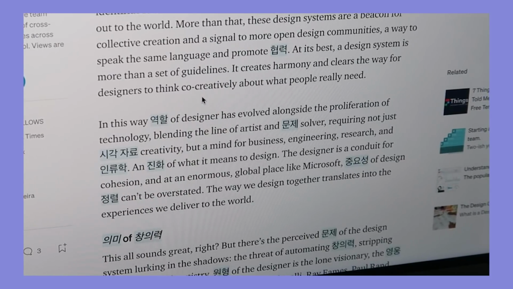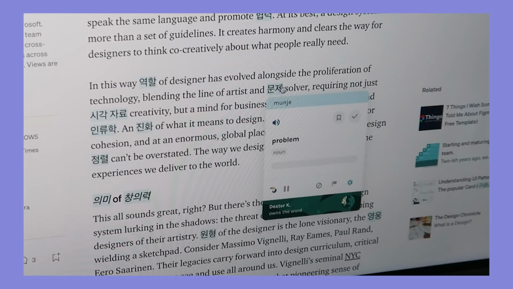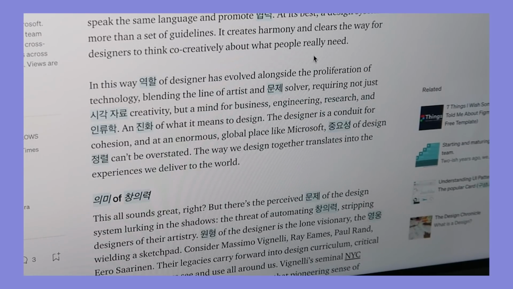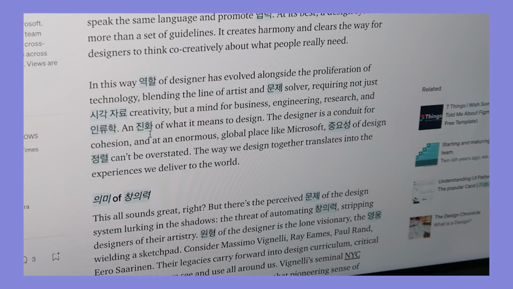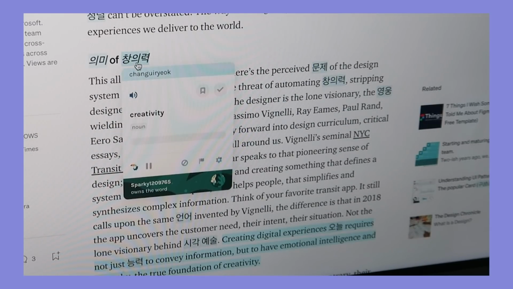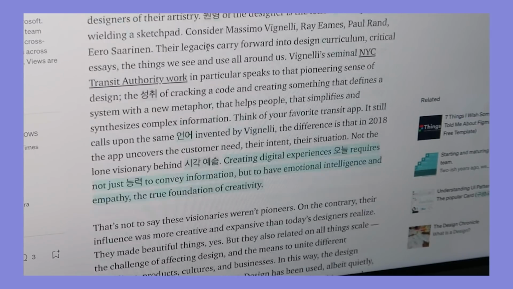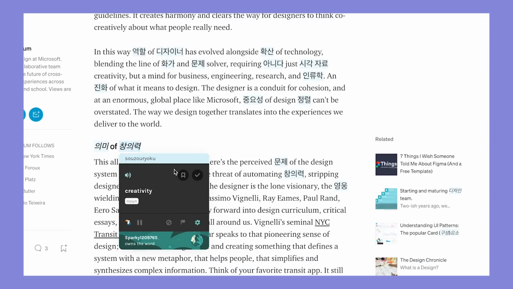Blending the line of artist and problem solver. 문제 solver. Solver. I just pronounced it really Korean. 의미 of 창의력. What is 창의력? Creativity. Why do I not know this word? 창의력. So it's a super engaging and fun way to learn, and I'm actually going to add 창의력 to